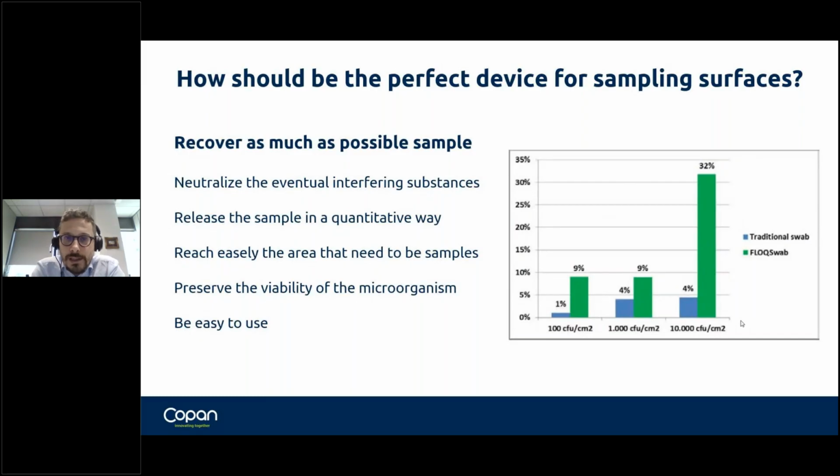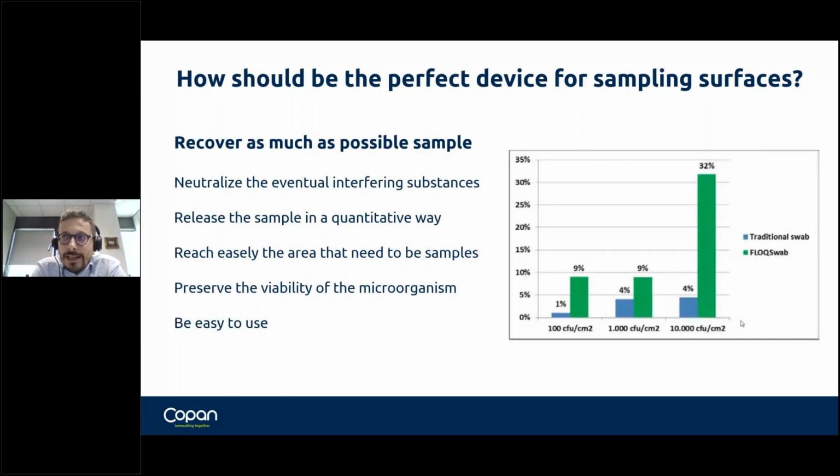The problem is, what should the perfect device for sampling surfaces look like? First of all, I want to give a disclaimer: the perfect collection device doesn't exist. So all the technologies that we can use to sample surfaces show some pros and some cons. But generally,